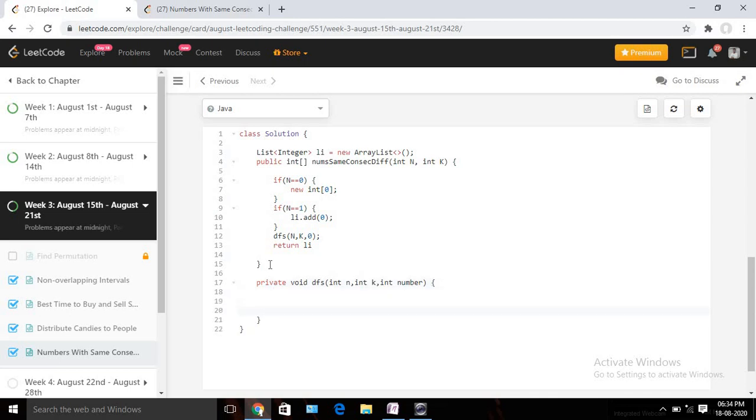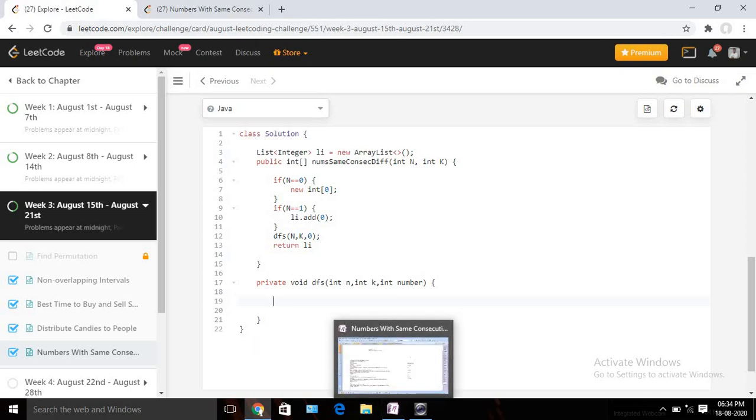Now in this DFS we are going to perform the actual logic. Whenever I find all the 3 digits, I am going to add it to our list. So let's write the logic for the same. If n equals 0: suppose for the first example n is 3.